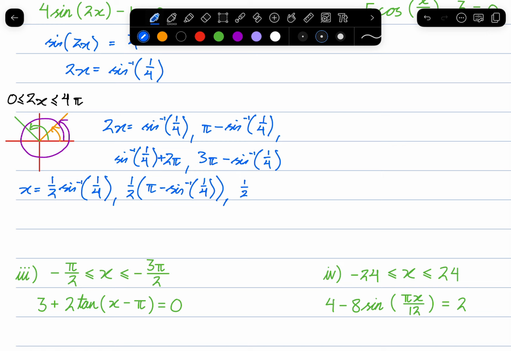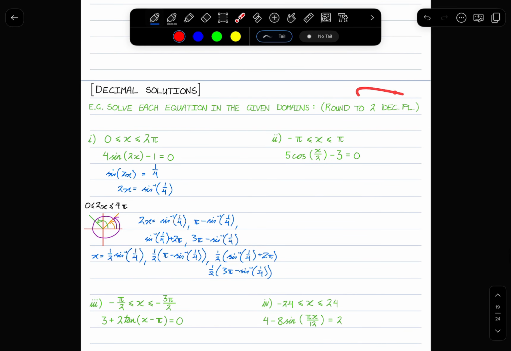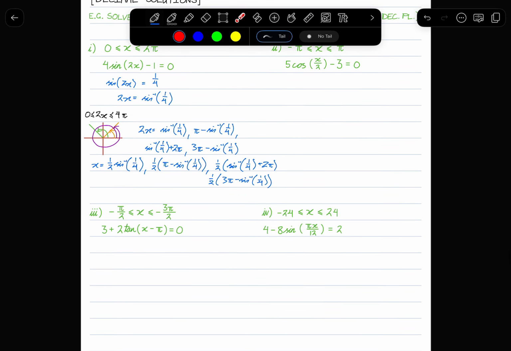So half of sine inverse of 1/4 plus 2 pi. And lastly, half of 3 pi minus sine inverse of 1/4. Now, these 4 answers are the exact form,